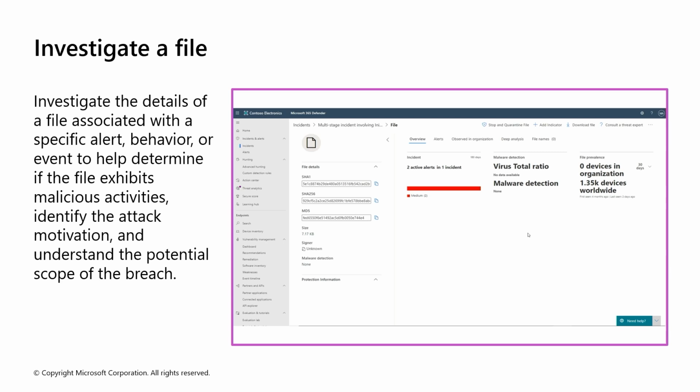From there, we can take action, like submitting the file for a deeper analysis, blocking it across the environment, or even initiating a live response to remove it. It's a fast, centralized way to understand the risk a file possesses and respond accordingly, all without needing to jump between tools.